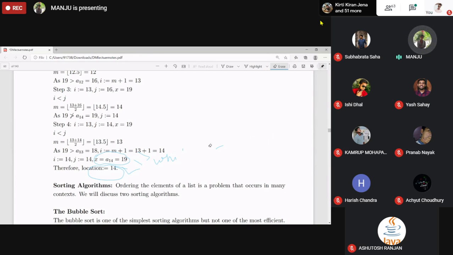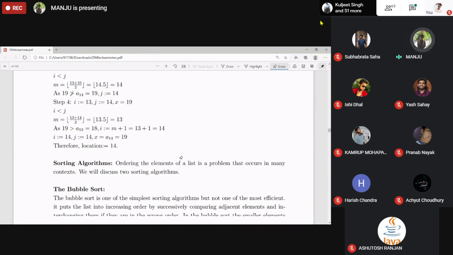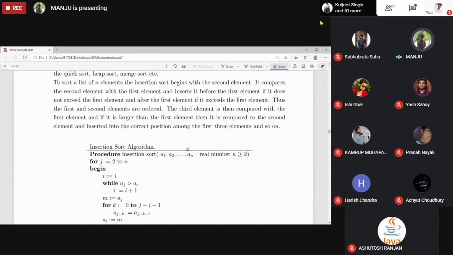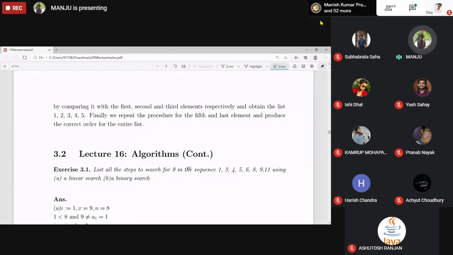If you are done with this one, then try to sort, or not sort, try to locate 9 in the list by using binary search.